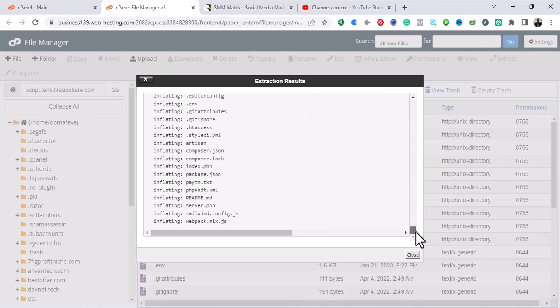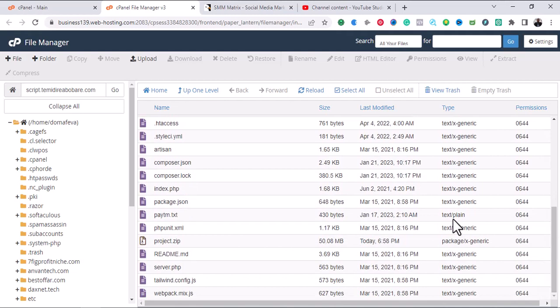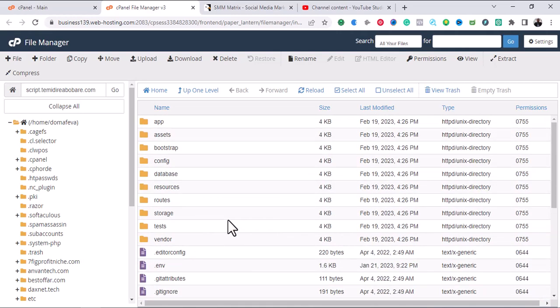Once you see something like this, your files have been extracted successfully. So the next thing to do now is, you can leave this project zip file or you can delete it. But here I'm going to leave it. I might need it later. Okay, so the next thing to do now